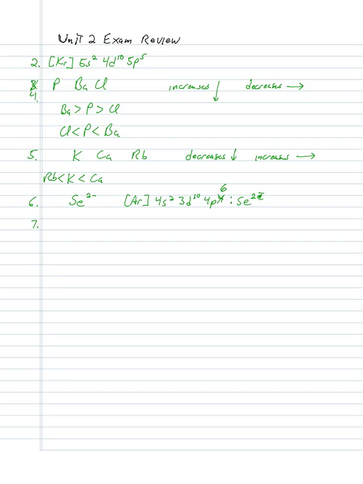Okay, with number 7, there's no way just to look at these and know if they're diamagnetic or paramagnetic. You're going to have to do the electron configurations of the valence shell. That's going to tell you if it's diamagnetic or paramagnetic. So we'll just do the elements here. We've got fluorine, zinc, lithium, vanadium,